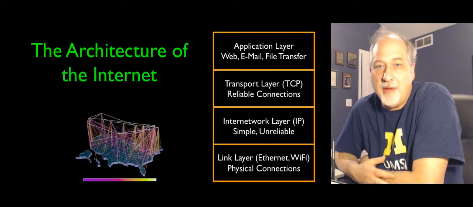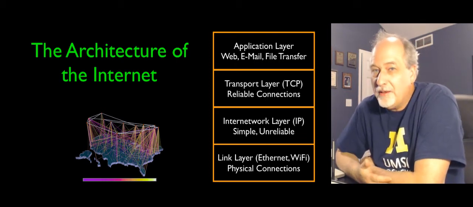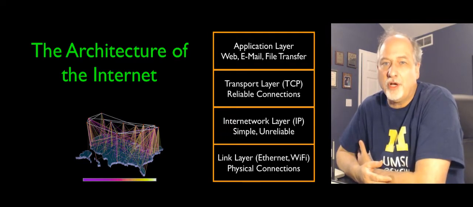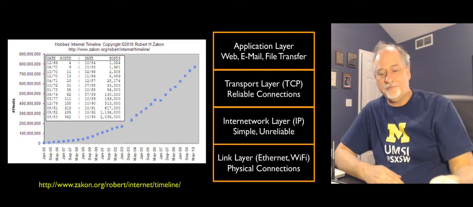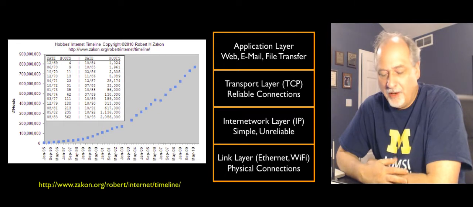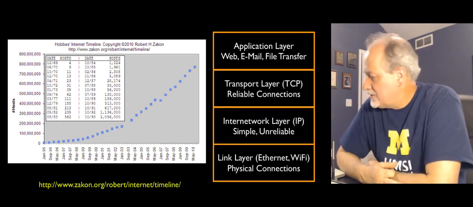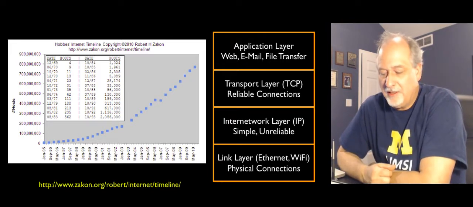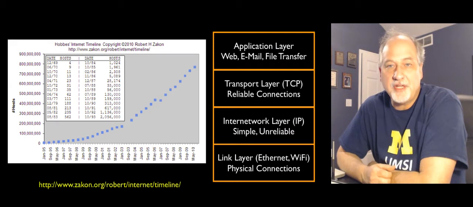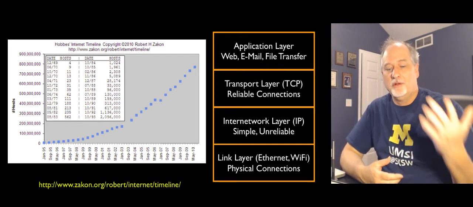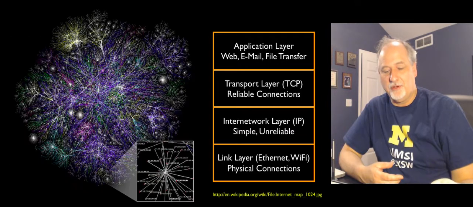As the NSFNet came out, these architectures evolved a little bit, the last few tweaks, and there have been tweaks going on ever since, but really the last few critical tweaks happened in the late 1980s. The number of hosts on the internet goes from 6 in 1969 to sort of 1 billion in 2011. And it's pretty impressive that roughly the same architecture that was designed with 6 computers is still mostly functioning in mostly the same patterns all these years later with the billions of computers.